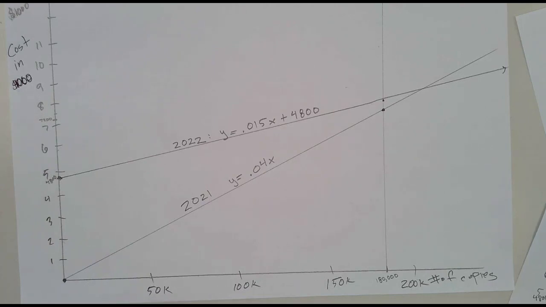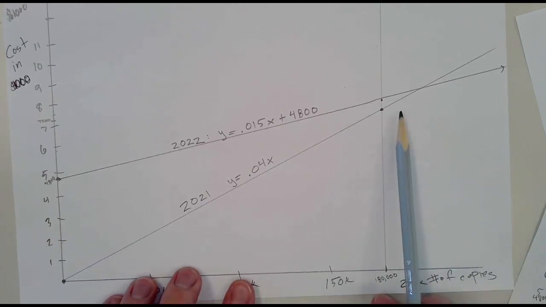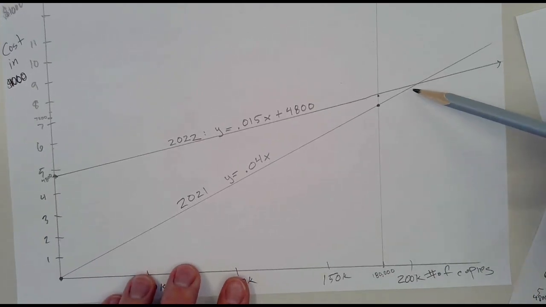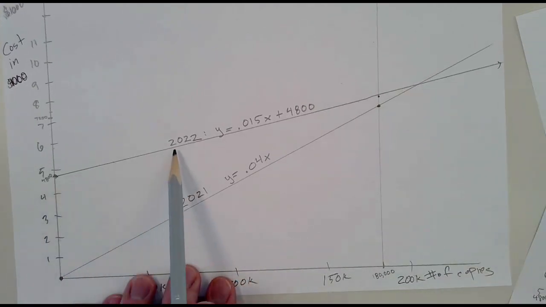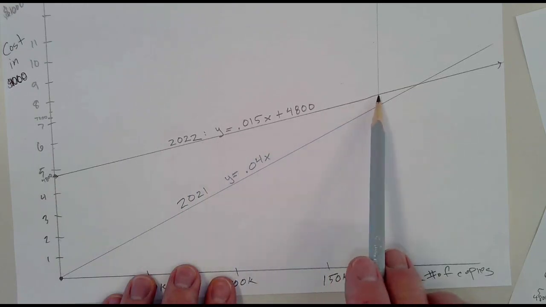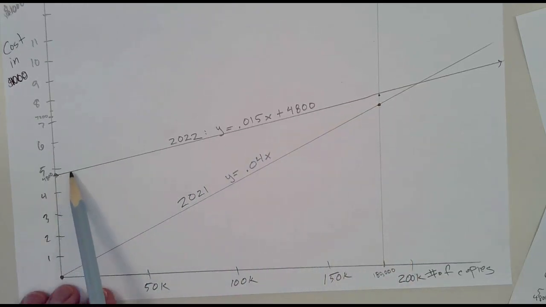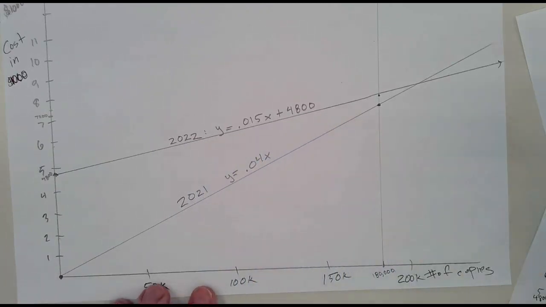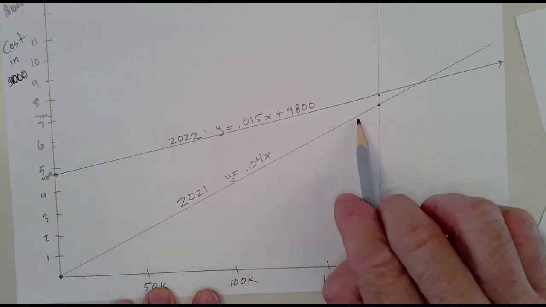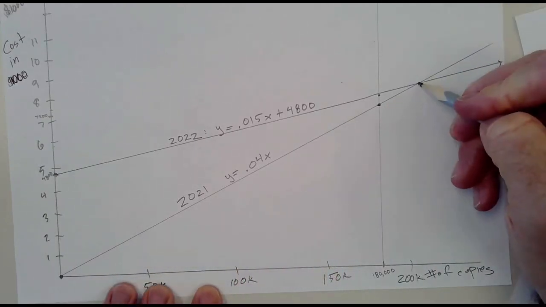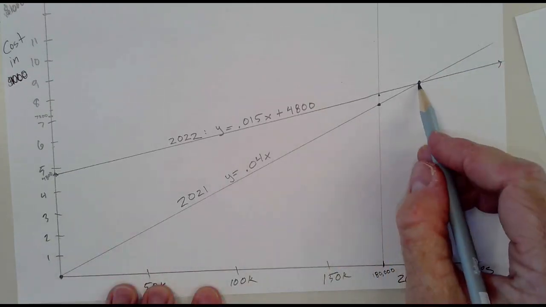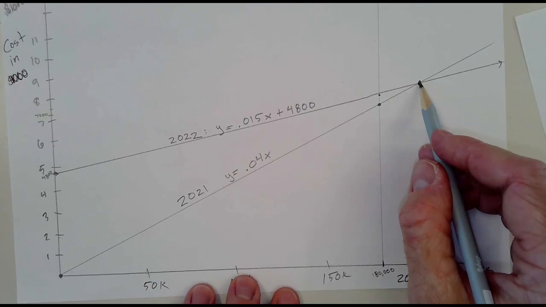Now, if you think about this, you look at this graph and you go, well, okay, if this represents the cost in dollars to make copies, depending on how many copies we make, we can see right away the point at which we break even, the point at which the cost to make copies in the office is equal to the cost to make copies in our classrooms is right there. And we found that point to be